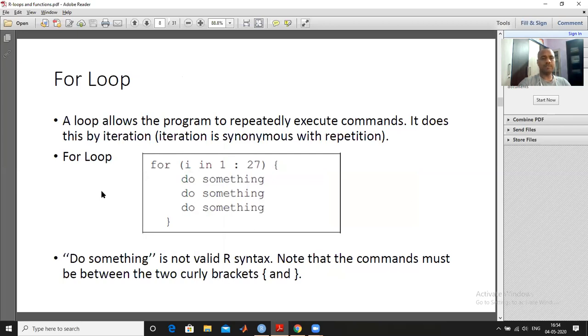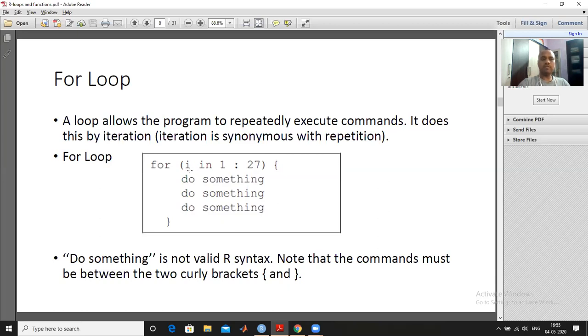I will explain this with an example. What is the syntax? So this is the syntax for the for loop. You write for, and after that the parenthesis starts and closes. This i is the index variable. You can take any variable here: i, j, k, or something else.